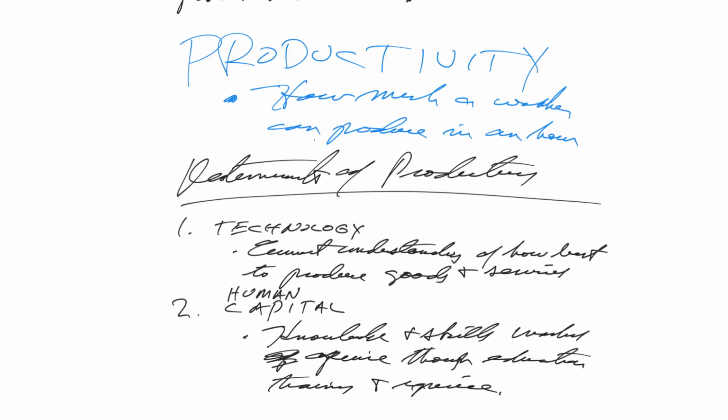You could say that technology is like the books in the library. You've got all these books in the library, and human capital would be how much people go to the library and read those books. Okay, so the books exist, they're there, but if nobody goes and reads them, well, we don't have the human capital to use the technology.